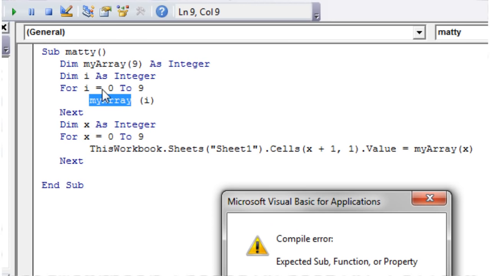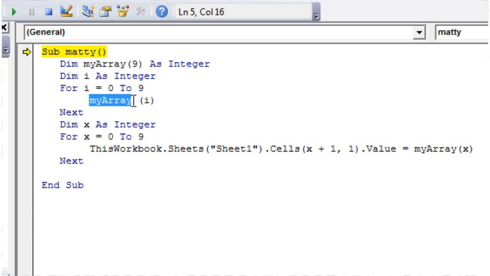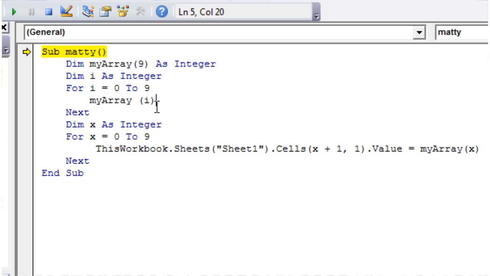So let's press play on this, and somehow I've got that slightly wrong, haven't I? Okay, so the reason it's not working, and it took me a while to work that one out, sorry. So it equals I. The reason it's not working is because I just stuck in the array reference there, but I hadn't actually made it equal to anything. So if you put equals I there to make it equal to the value of I, and then press play,